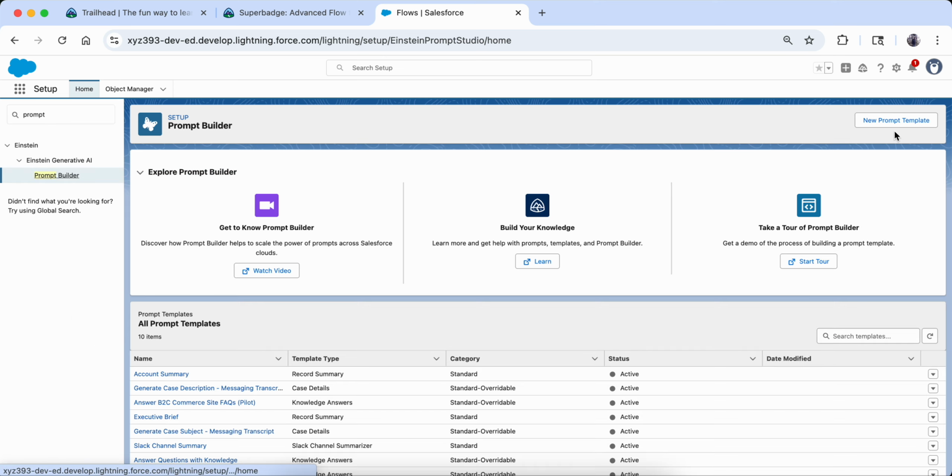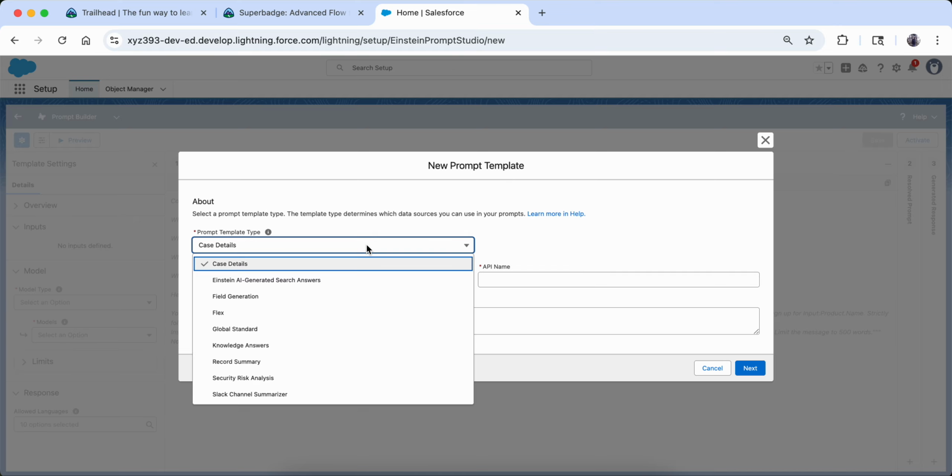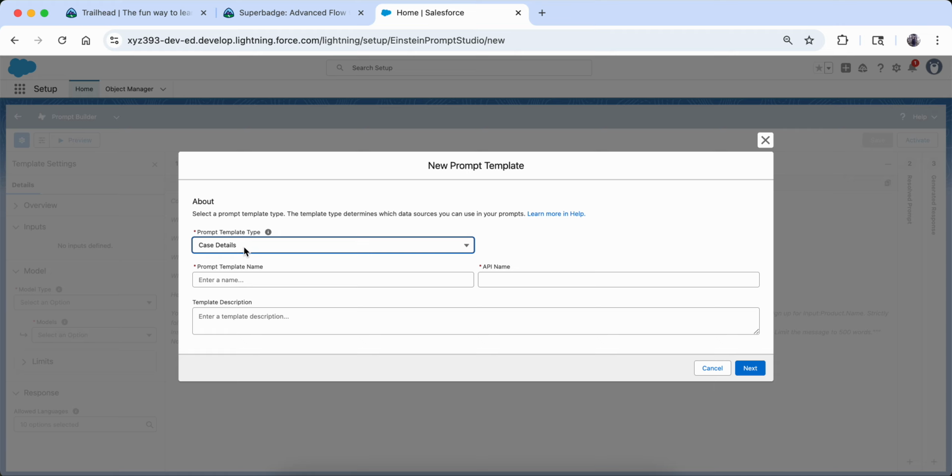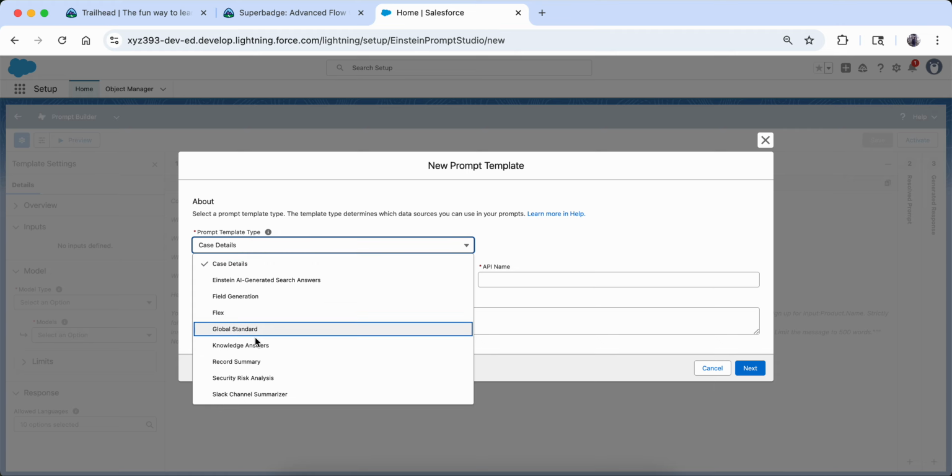So prompt builder, new prompt template, and what type are they saying? A template that summarizes the records. You can use any model type and model you would like. They are saying it summarizes the records, right? So